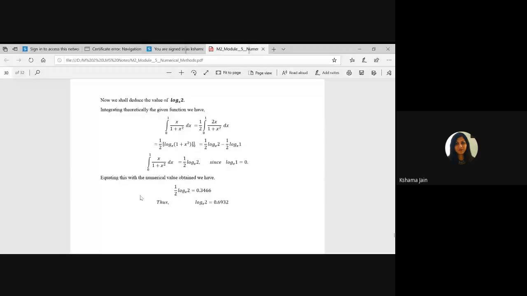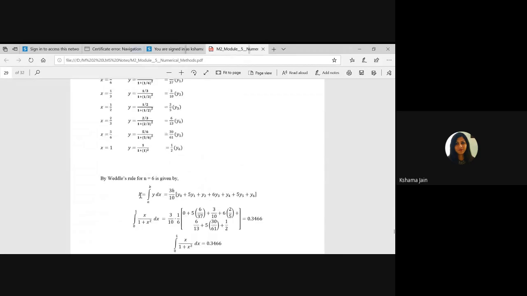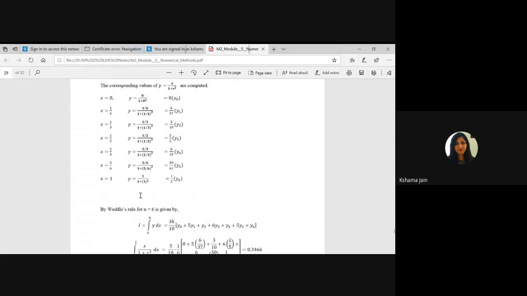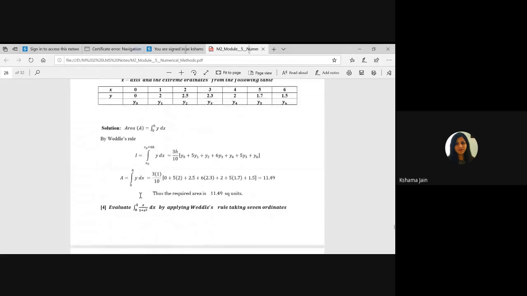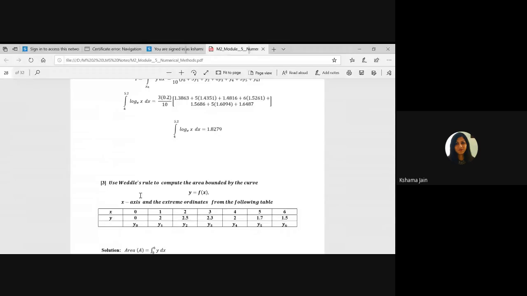This is our last topic. Now, give me quick, just 2 minutes. I scan my book for this method, your Simpson's three-eighth rule, and for 5 minutes we will take a break. Till then, you can go for washroom or anything. I'll just scan my book and I'll come back to you.